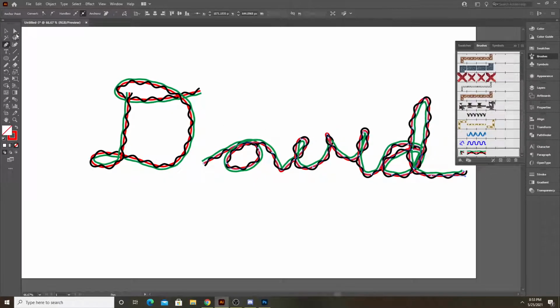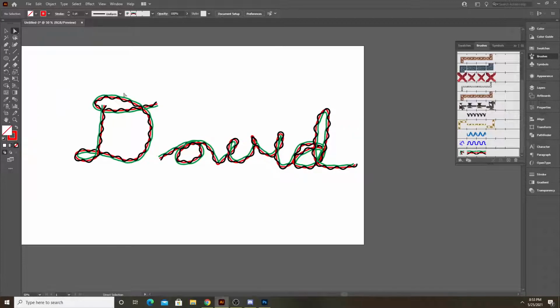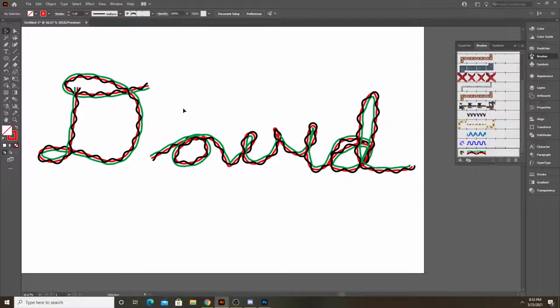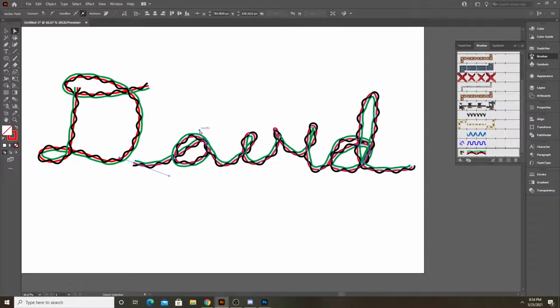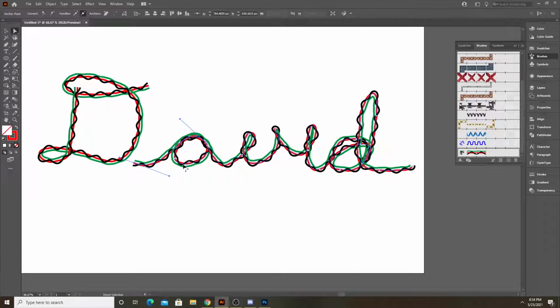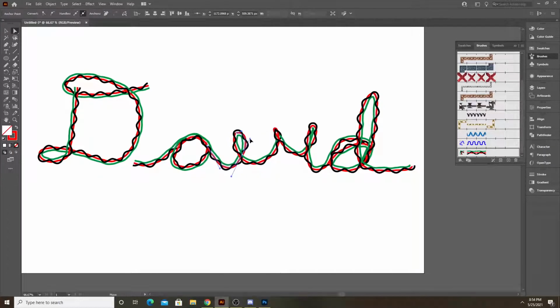Then just quickly, roughly draw your name. Then you can go in and fix it with the direct select tool. In this case, with this type of brush, it's kind of hard to read, but